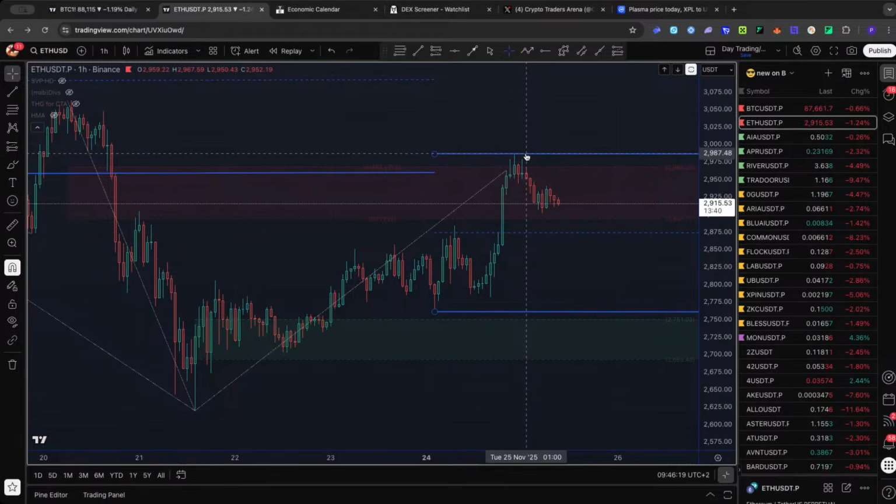Actually, people, if you play clear setups and you respect the risk management, as we do on Crypto Traders Arena, it's impossible to lose money. Tell me, who doesn't want to get in a situation where it's impossible to lose money? Not in a trade, in multiple trades. Yeah, on the long run. If you respect a clear setup and you have an advantage when you enter in the market and you respect the risk management, it's almost impossible to lose your account. And I know that even I lost some accounts until I learned the proper way.